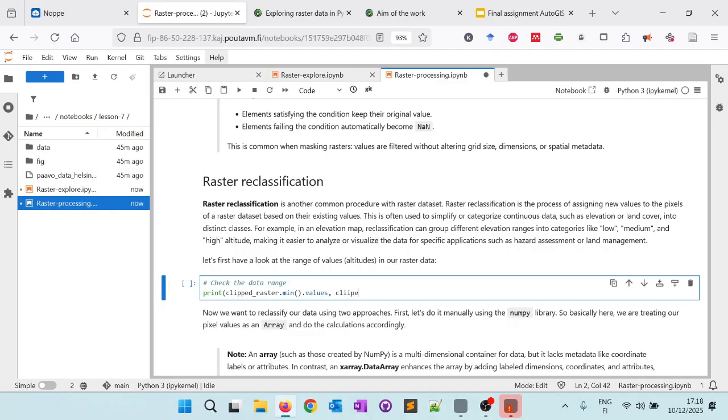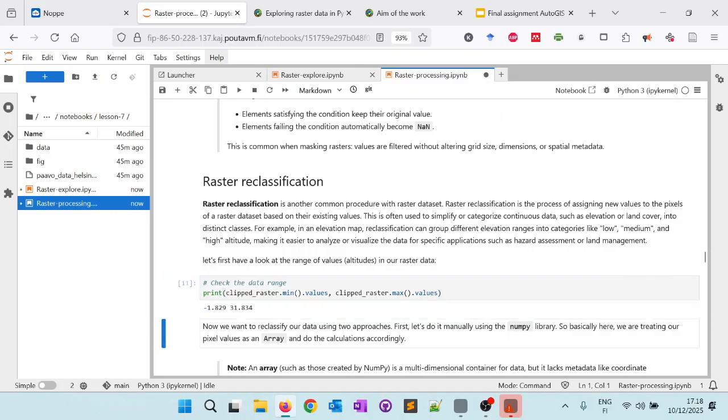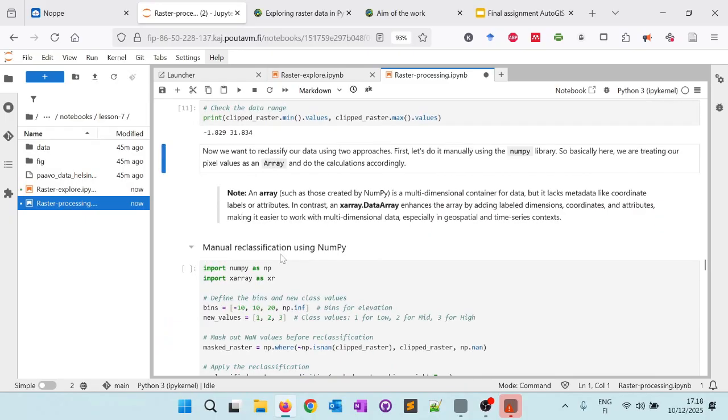So clipped raster dot max dot values. So now I know that my elevation in the Compi area is ranging from almost -2 meters all the way to 32 meters, roughly. So this is the range, and this can give you an idea how you want to